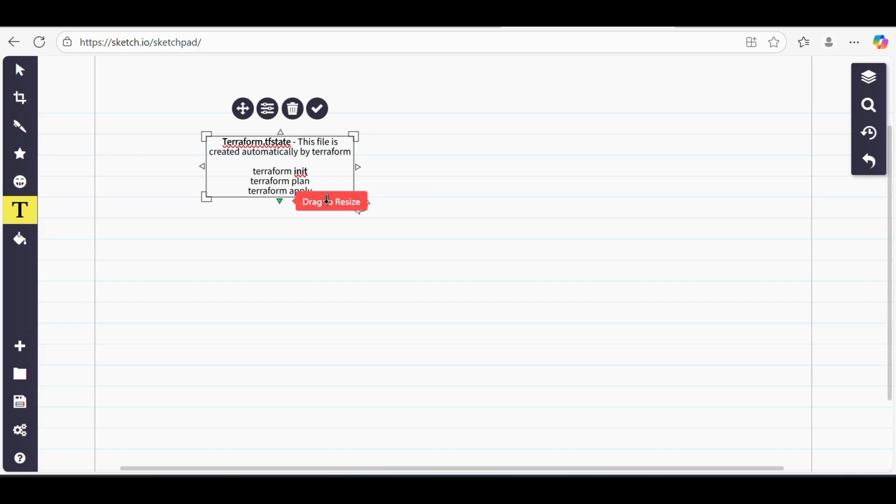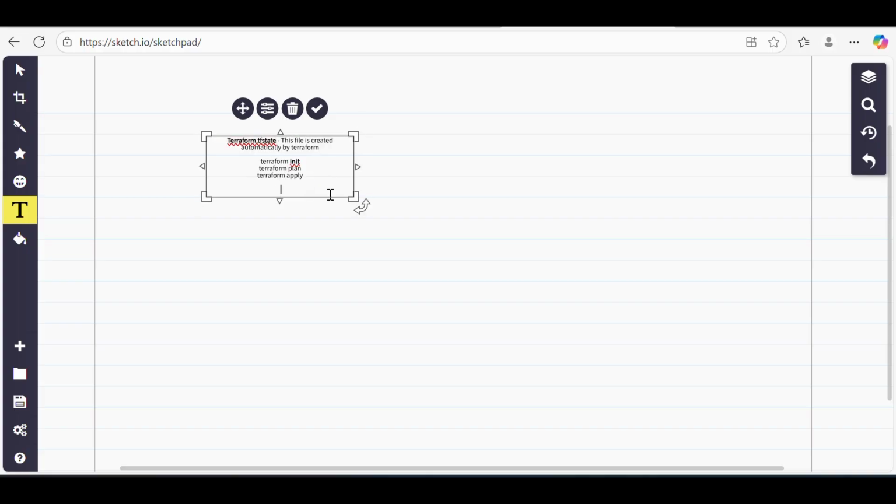After we run terraform apply, whatever resources we wanted to create using main.tf in our cloud portal,